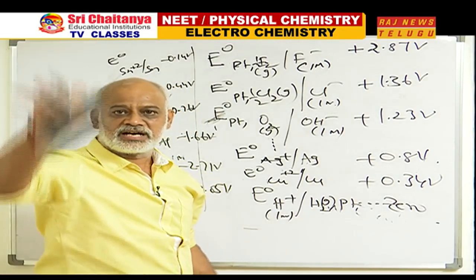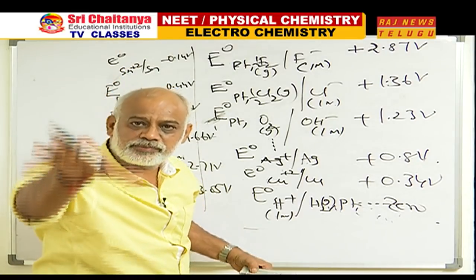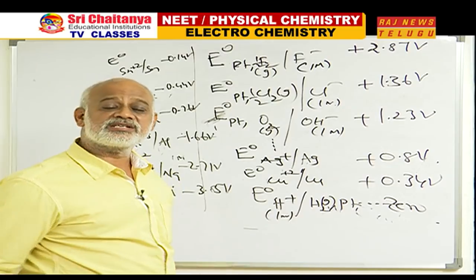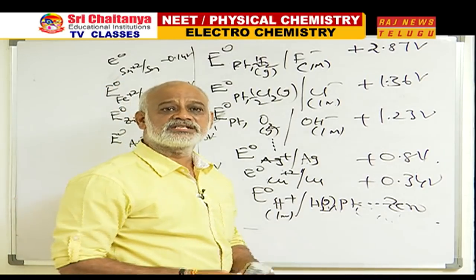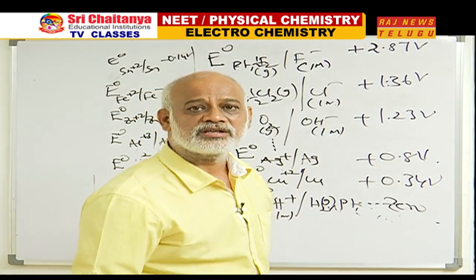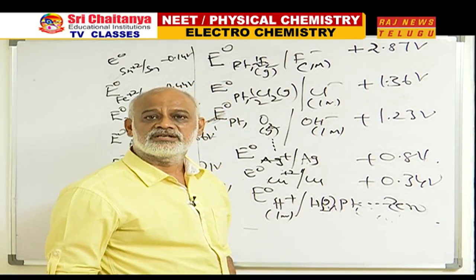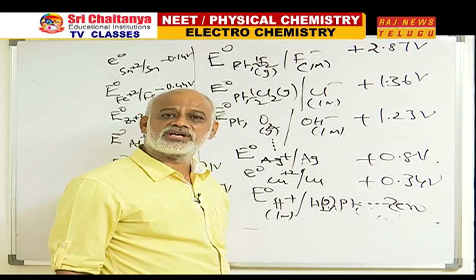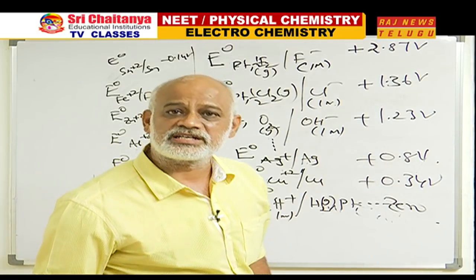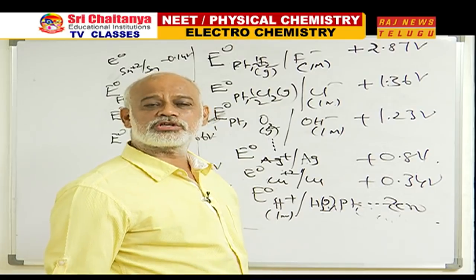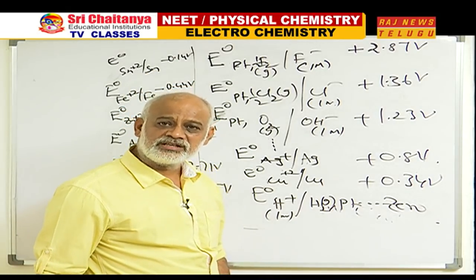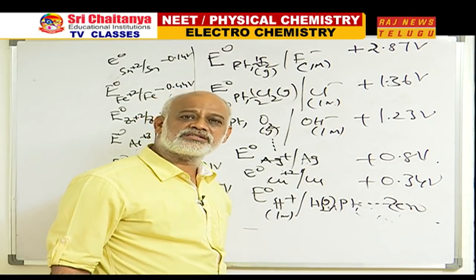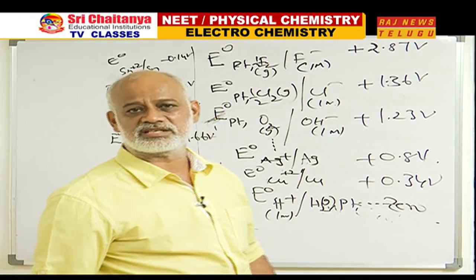In the next class, I will write all of them in a proper sequence and I will explain you the importance. So, SRP, this is called electrochemical series. We will talk about the importance of electrochemical series. How does it actually be useful in understanding the reducing power and oxidizing power? How to select anode and cathode of a galvanic cell? All these things play a vital role in the next discussion.